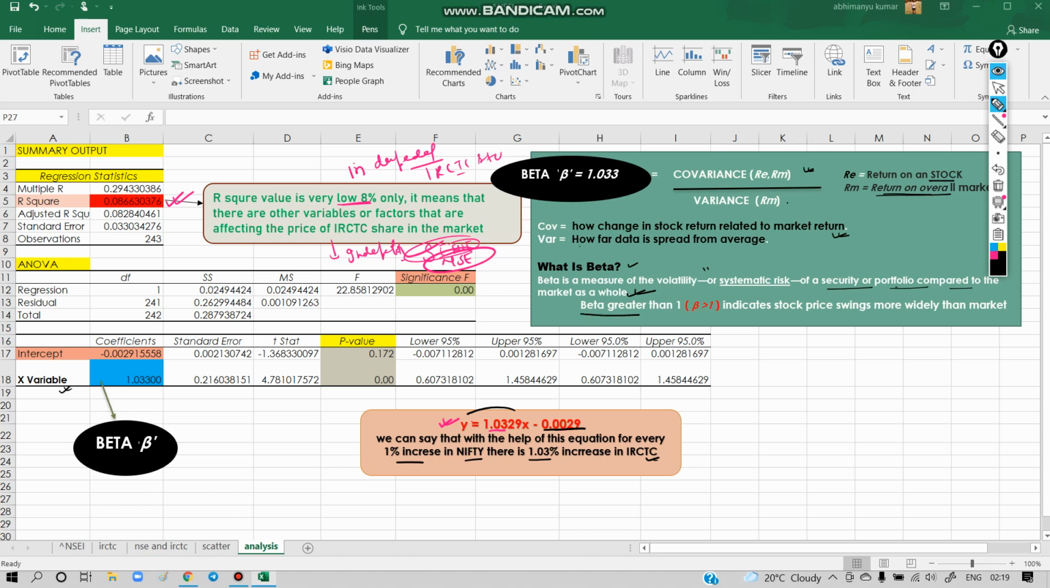Okay, if beta is greater than 1, as in this case, it indicates that the stock price swings more widely than the market. We can also analyze this with the R square, because they are not giving me any exact clue with the help of the data. Okay, so this is from